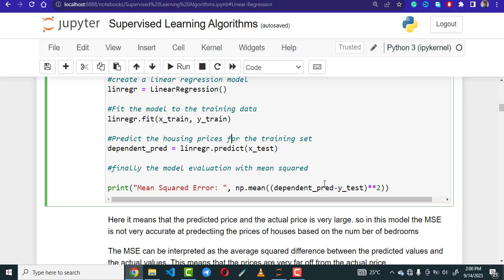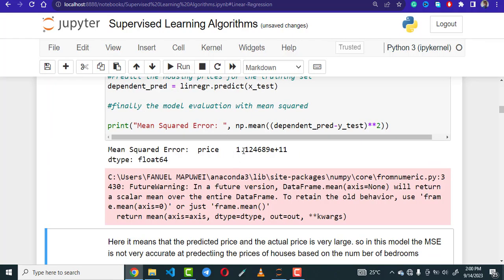So let us run our code. The mean squared error is simple. We just call numpy.mean, then our dependent underscore prediction minus our y test, power 2, since it is our mean squared error. Then we run this line of code. Now we get